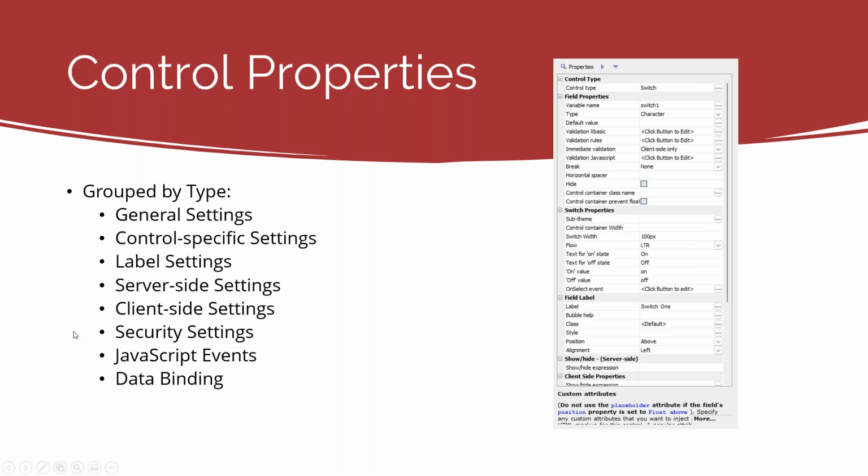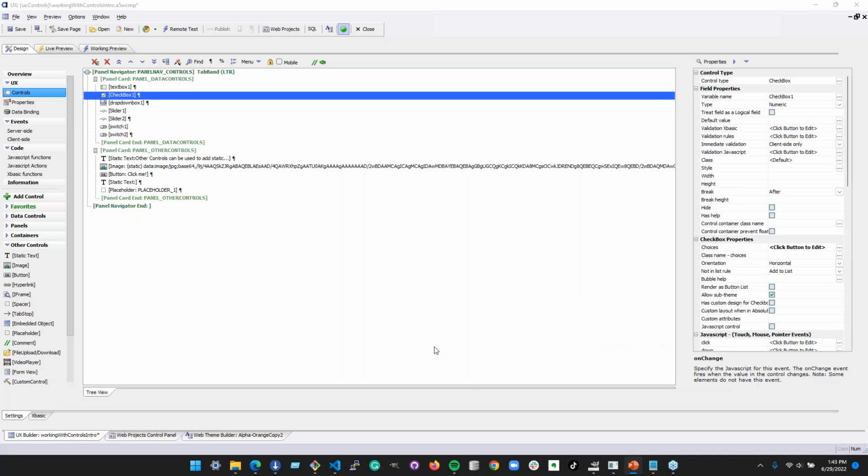So with that, I'd like to open it up for questions. All right, so two questions right off. One is, when you're working with controls, let's say you build a control that you like, and you want to save it for use later, but you want to put it not just in Alpha, but up on GitHub to share with someone else. Is that a possibility? It depends on how you've built the control, but